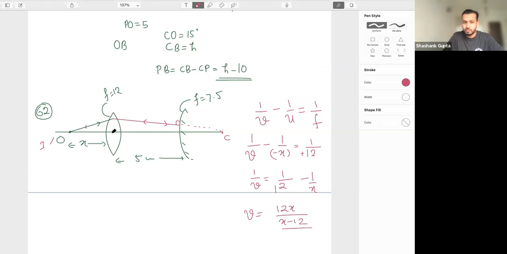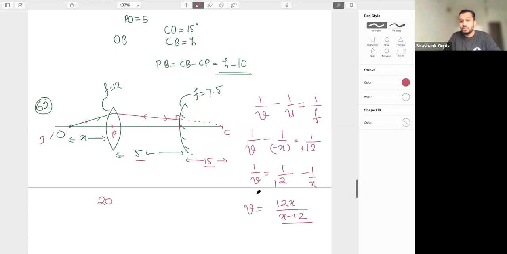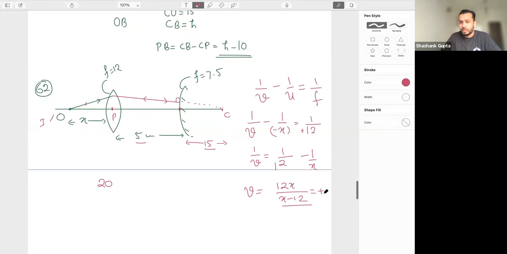V is the distance from the pole. This is 5 and this is the center of curvature, which means from the pole of the mirror it will be 15, that is 2f. Yes, 15, right? So can I say this 5 plus 15 is coming out to be 20 from the pole? If this v is exactly equal to plus 20, can I say I'll get my answer? This is 5, this is 15, and for the lens, this v is how much? Wherever the image is formed.